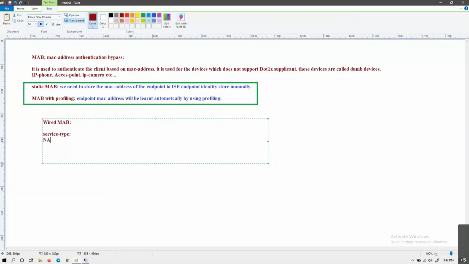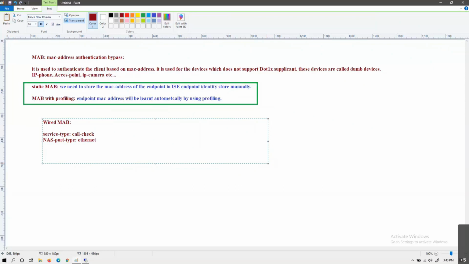If RADIUS service type is call check and NAS port type is Ethernet, it is wired MAB. Okay, it is wired MAB.